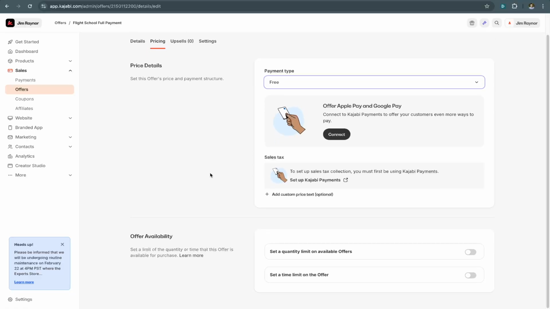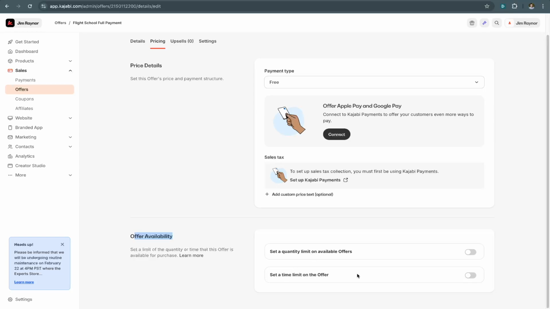And so people will pay $500 right away. Then they will wait for 3 months or 90 days. And then $100 will just be billed automatically for as long as they're part of it. So there's a lot that you can do here with the Kajabi payments and the different types of payments you're able to set up. If you scroll down here, you'll see that there is an offer availability that you can limit